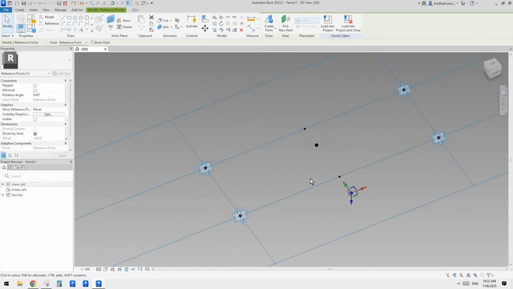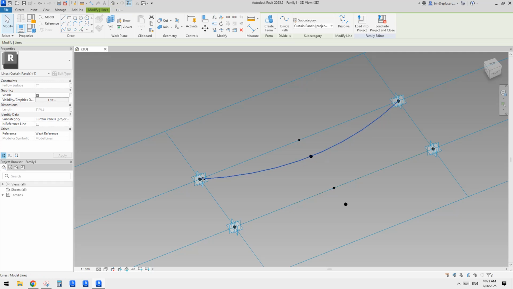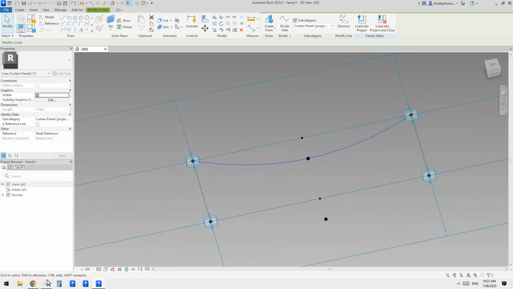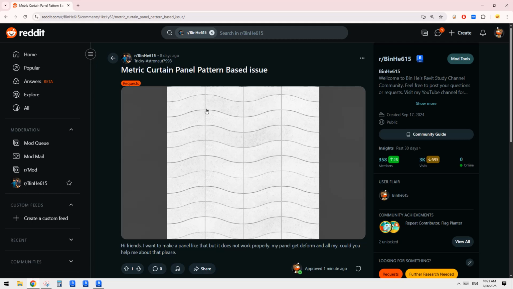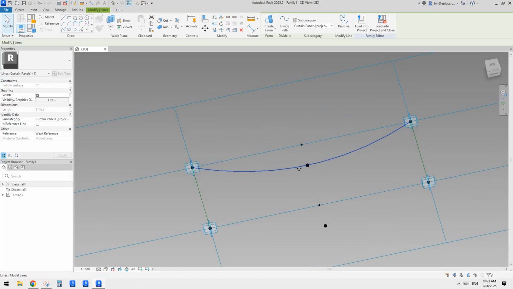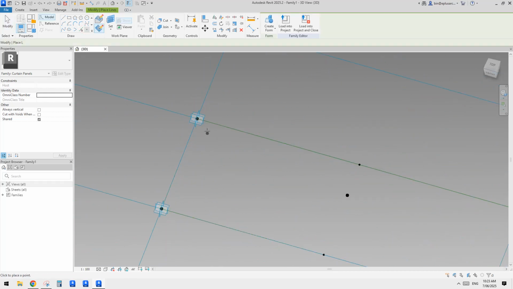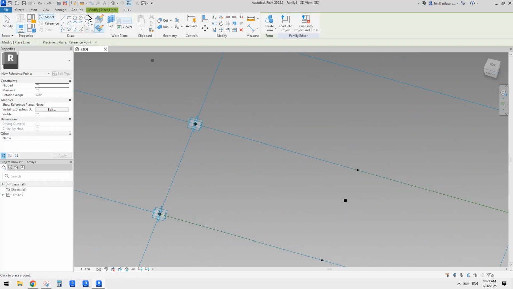So now I'll just show you if we do 1, 2, 3 and use spline. It will be a spline, a curve, more like this. But we want to achieve this. So we need 1 more point. So let's Control Z for that point. It's very simple because we already have these reference lines, right? We don't need to offset from that point. So we can use